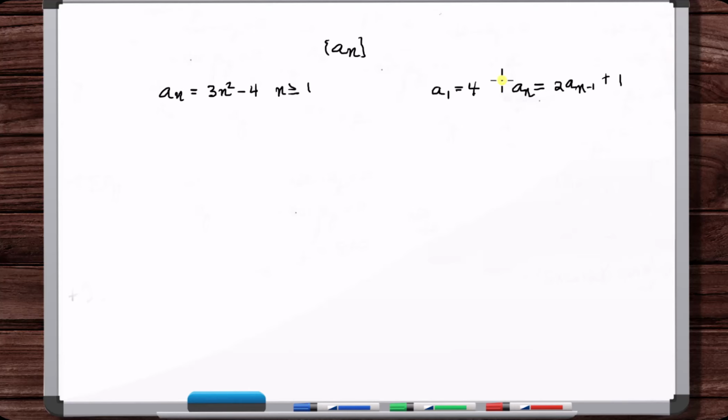Here, if I left out a1 is equal to 4 and I just said that n is greater than or equal to 1, there's still information missing, because I can't just plug in. So a sub 3 is 2 times a sub 2 plus 1. I'm missing information, you see. Here, this is all I need, because now I can plug in n greater than or equal to 1